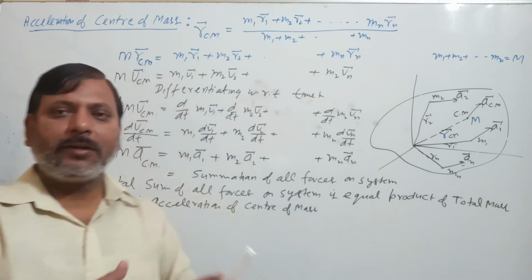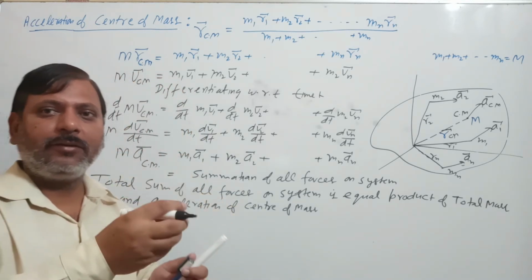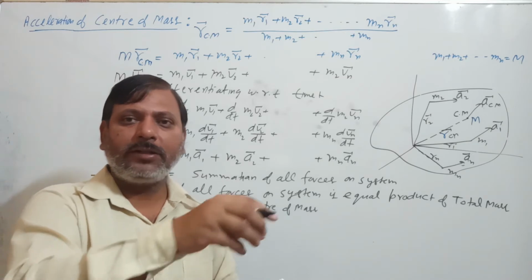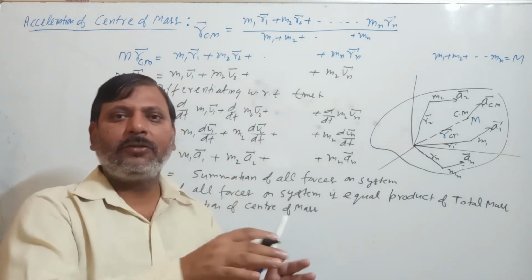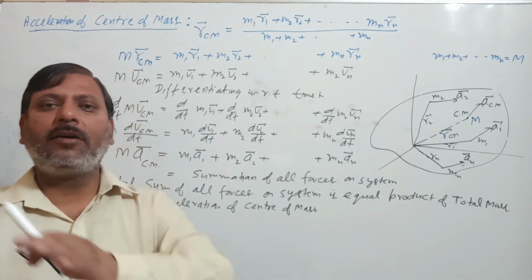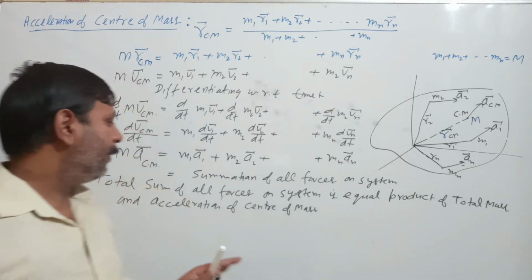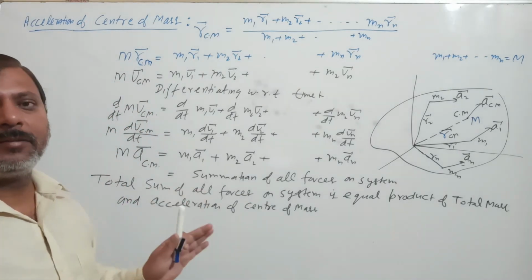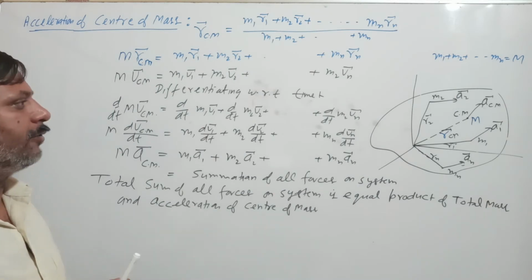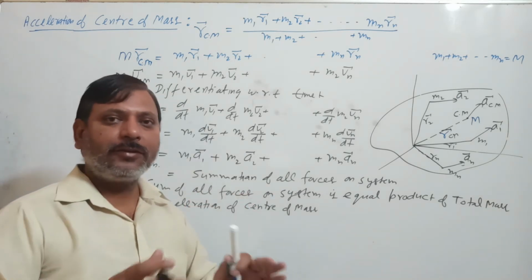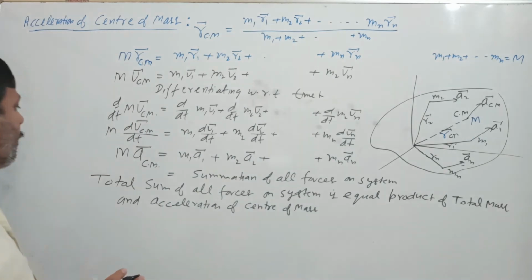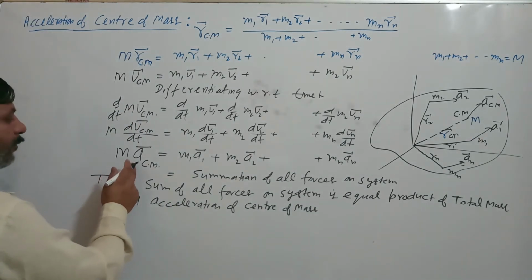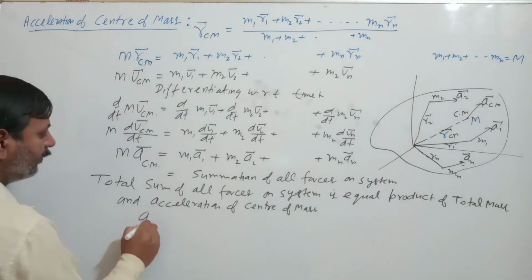So this total mass, when we concentrate it at a point, that is the center of mass, will give the total effect of individual forces. So that's why we are considering center of mass for a rigid body. Also we are taking our system of many masses. So from here also we can see the acceleration of